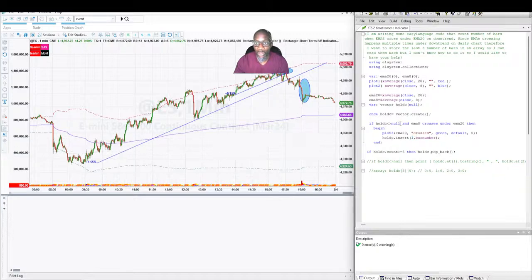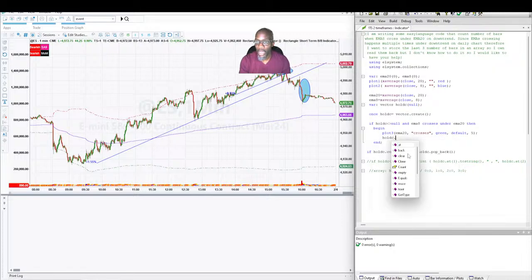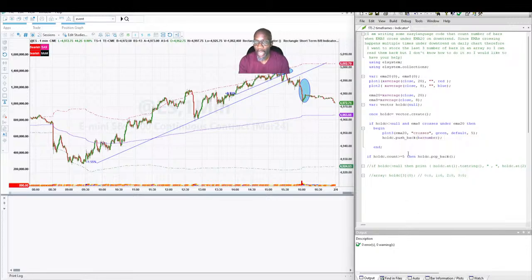we need to say if the count, how many is in the count, is greater than. All right, so first of all, we just need to add them. All right. So we're going to add them to the vector. Hold C dot push back. So it just adds it to the top of the collection. Push back. What are we going to add? We're going to add the bar number. Okay. Now, if all within the same thing, and we'll probably move the pop back in there too, all within